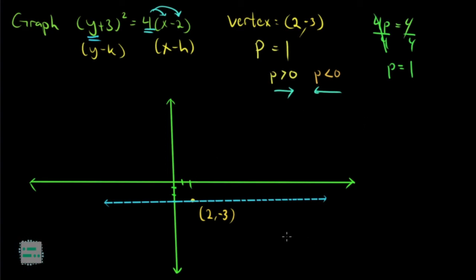Alam ko na yung opening niya. Kailangan ko na lang mas maging accurate. So, ilagay ko muna si p. P is also the length, distance from the vertex to your focus. So, 1 unit daw. And since positive siya, 1 unit to the right. Bilang tayo. Ito yung vertex. So, 1 unit. At agad-agad doon ang iyong